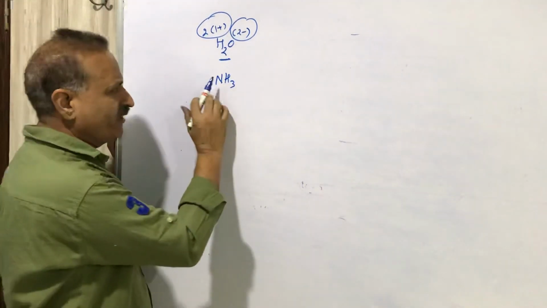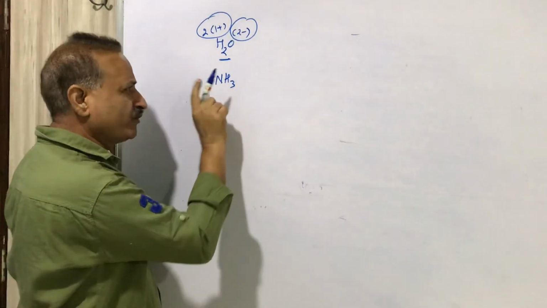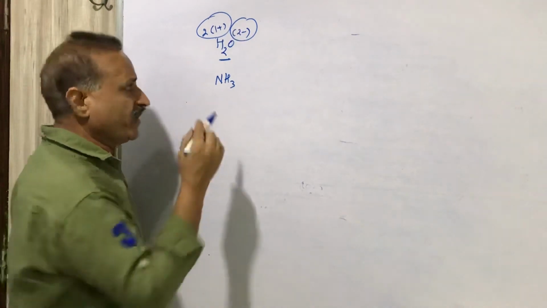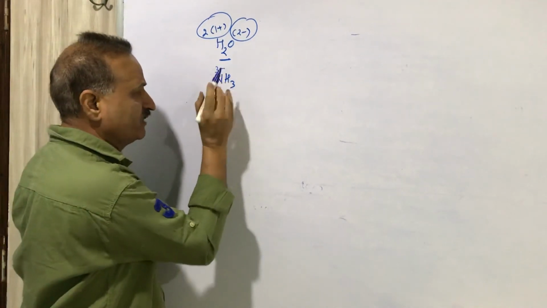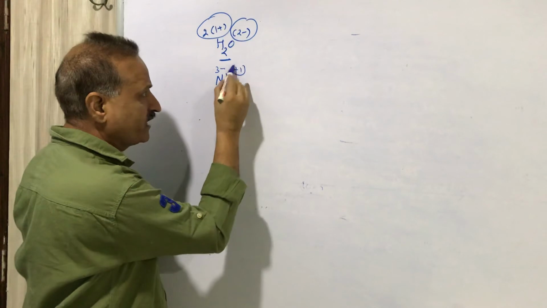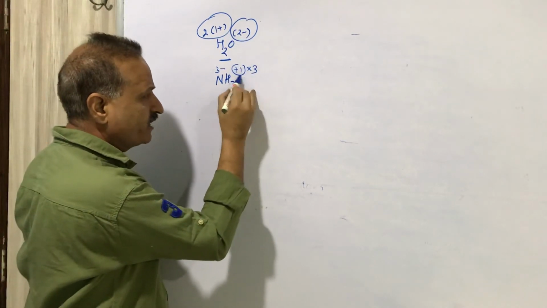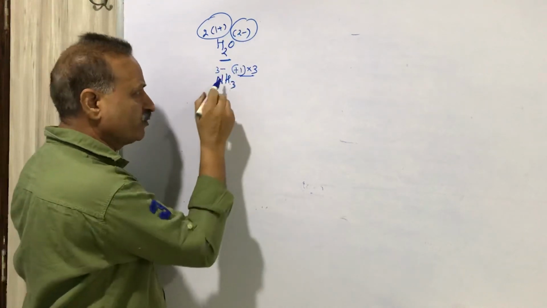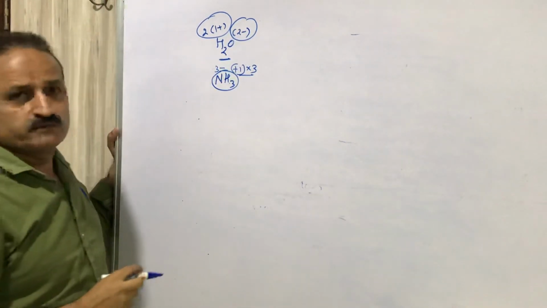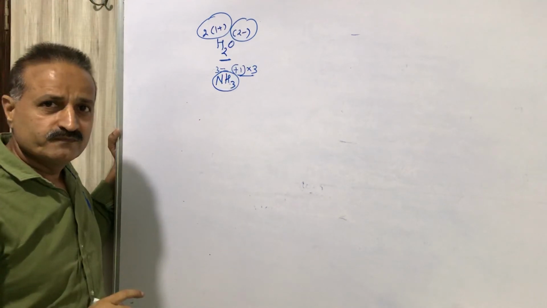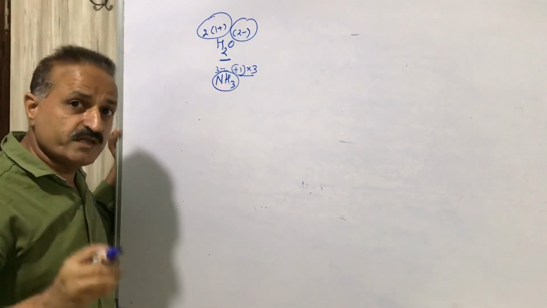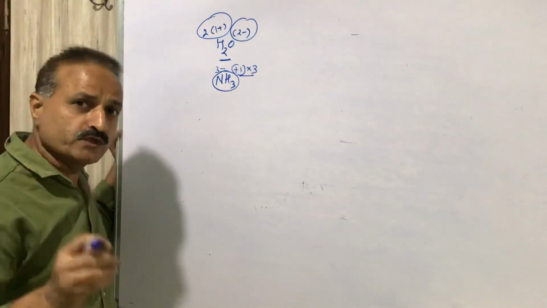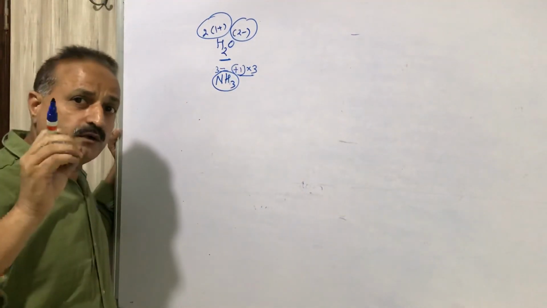Suppose we have nitrogen. We have understood that nitrogen having 7 electrons can convert into neon after getting 3 electrons. So nitrogen will always be 3 minus, 1 hydrogen is 1 plus, there are 3 hydrogens, so 3 into plus 1 means it is 3 plus and 3 minus, so NH3 is a neutral compound. So now you just imagine some molecular formula and why it is neutral. You show the charge on different elements.